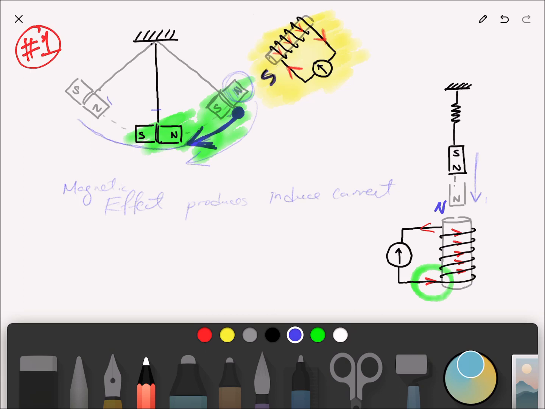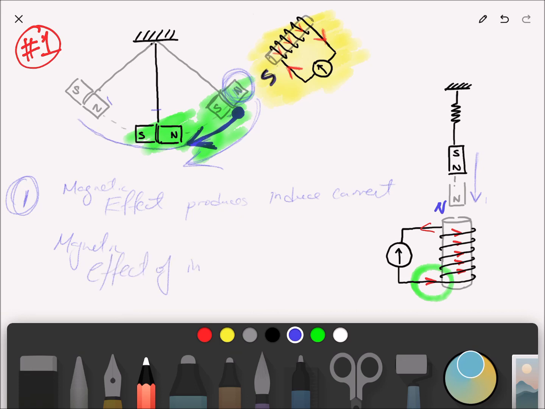What do I mean by the magnetic effect that produces the induced current? It is this north pole going away, so that the solenoid will experience this decreasing magnetic flux linking to this swinging magnet, right? Then Lenz's law says that the magnetic effect